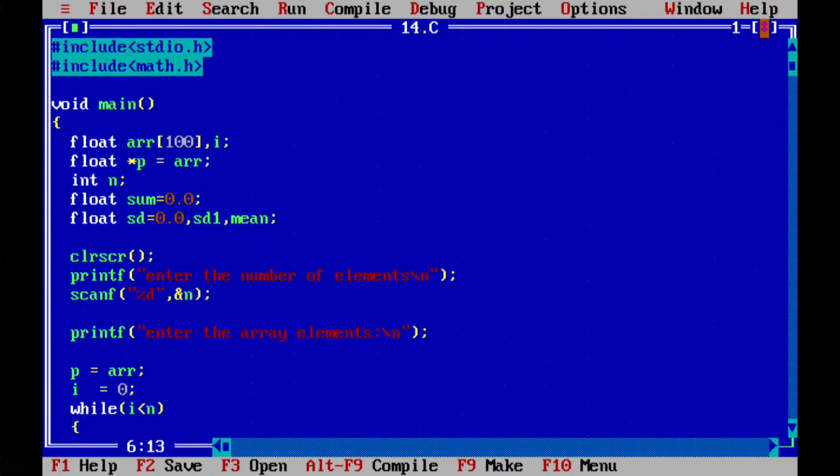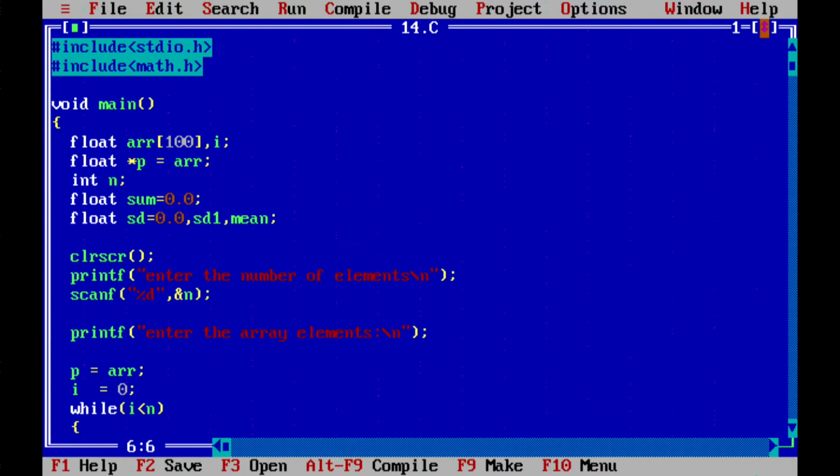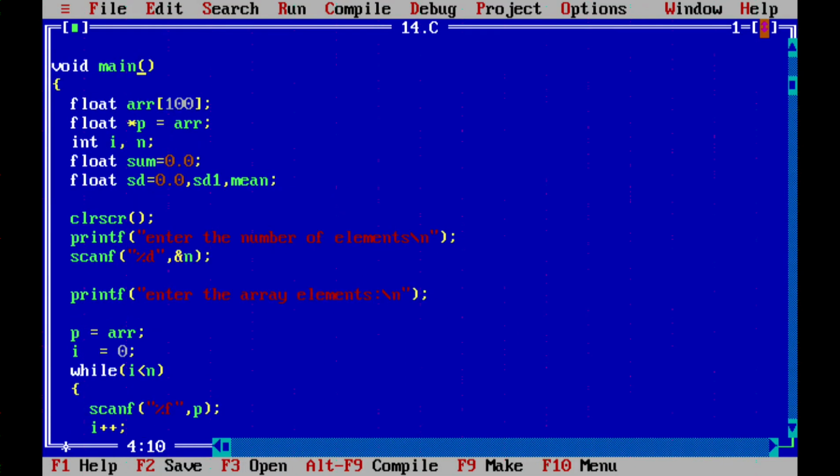I'm taking an array of 100 elements of float. I and n can be integers, so you should be very careful. Are we expecting any partial value like 10.2 for a loop count? No, right? A loop count is always an integer, so it had better be int.